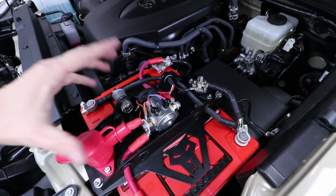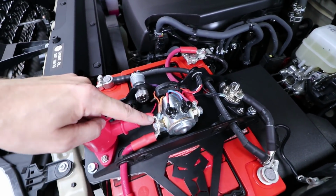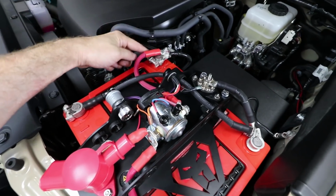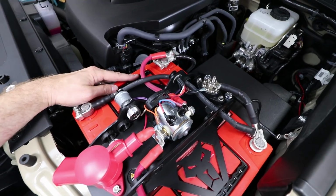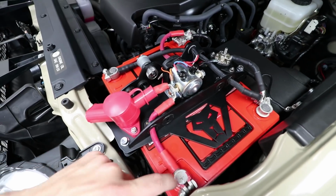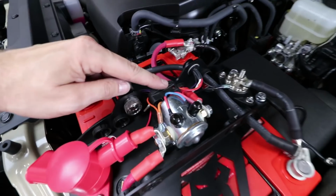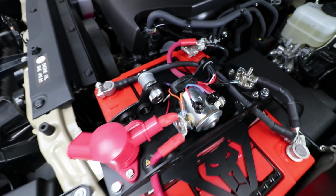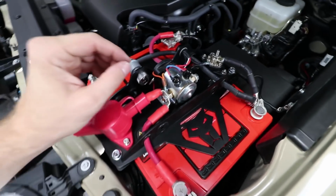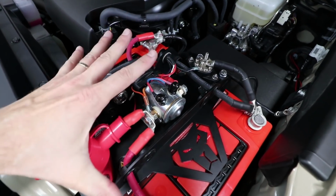So the smart isolator is going to link the batteries together through this solenoid right here whenever it sees one of your batteries above 13.2 volts for 2 minutes. So the best way to explain that is it allows the alternator to charge up your cranking battery first for a couple of minutes, then it links these contacts together through here and it'll allow it to charge up your auxiliary battery as well. And then they're going to stay connected together and the little red light on the isolator will be on. They're going to stay connected together until it sees the batteries drop below 12.7 volts for 1 minute. Then it'll automatically open up the contacts inside of the solenoid to separate the batteries,